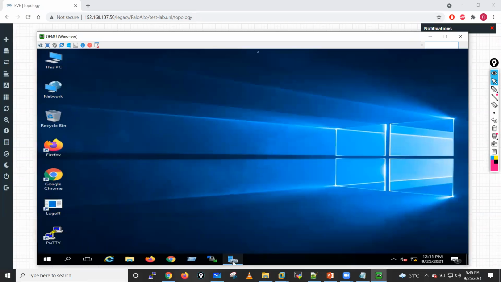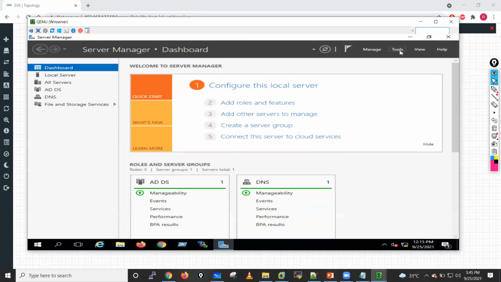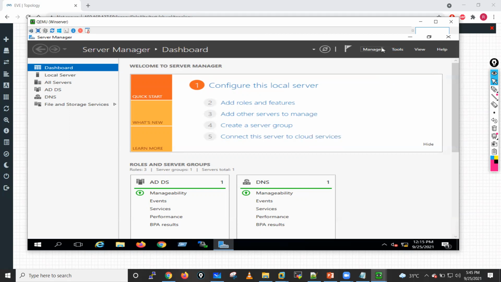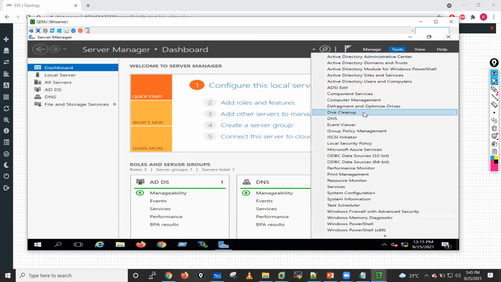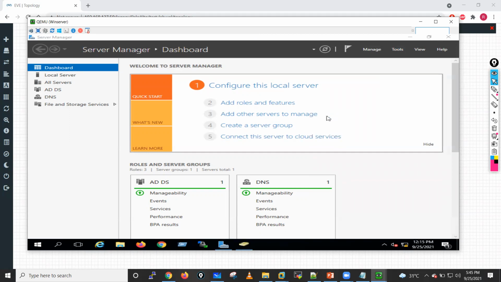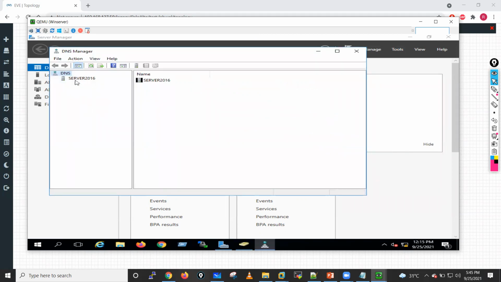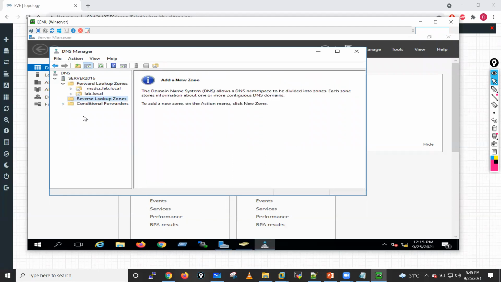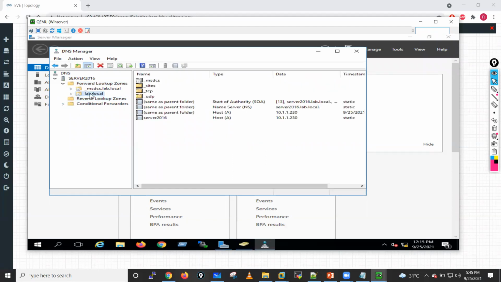So now, guys, just go into the server, click on these tools, click on Active Directory Users and Computers. Go into tools and also open your DNS. In DNS, you will get the DNS details like this. Look for your forwarders, forward lookup zones and reverse lookup zones. Click on forward lookup zones and you will get this particular server 2016 by this name. There is one record, and there is one host record also there,